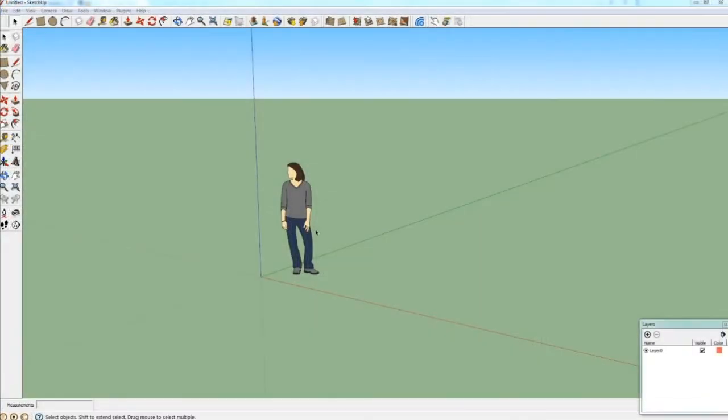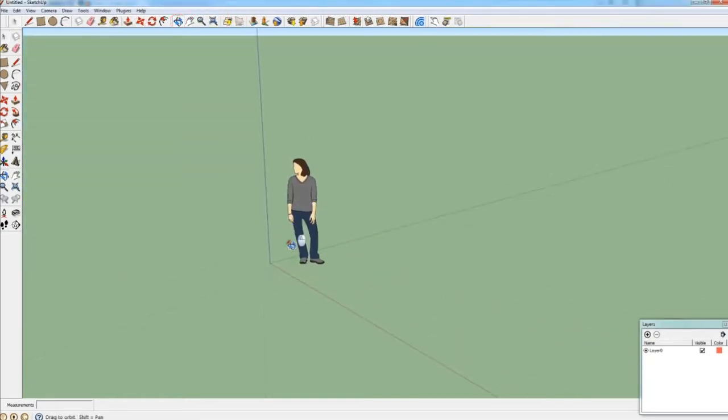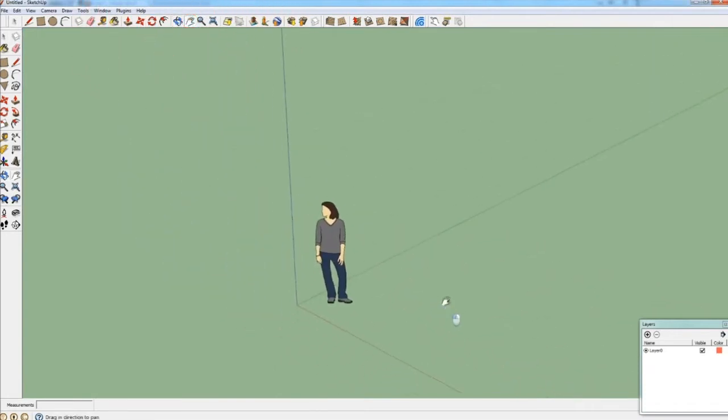Two of the most important and widely used tools in Google SketchUp are the Orbit tool that helps us rotate the geometry, and the Hand tool that helps us move the geometry.